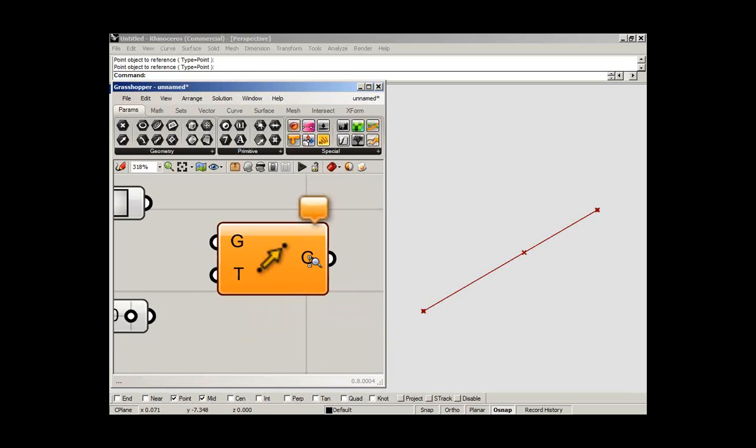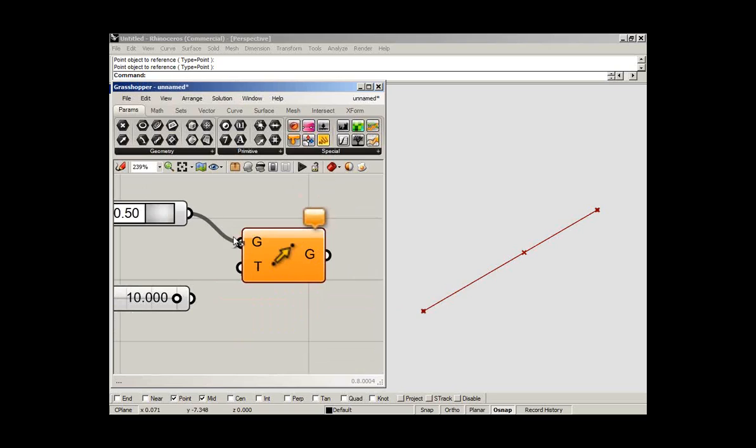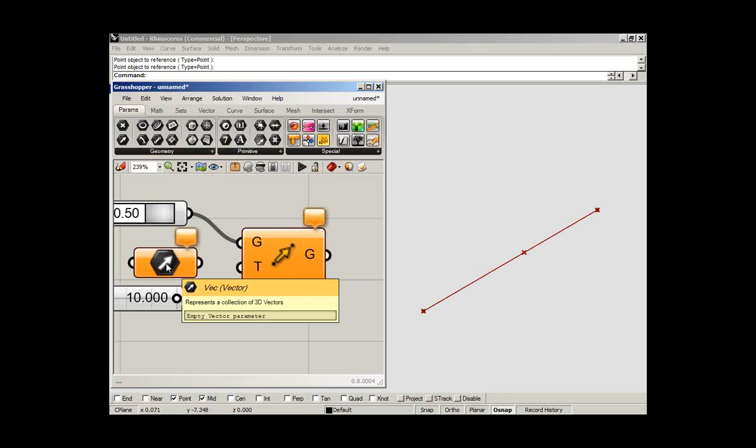Now, we want to move this point. And a vector is a straight-up vector. And I can just define a new vector from scratch if I want to. I can drag in a new vector parameter, open a menu, and